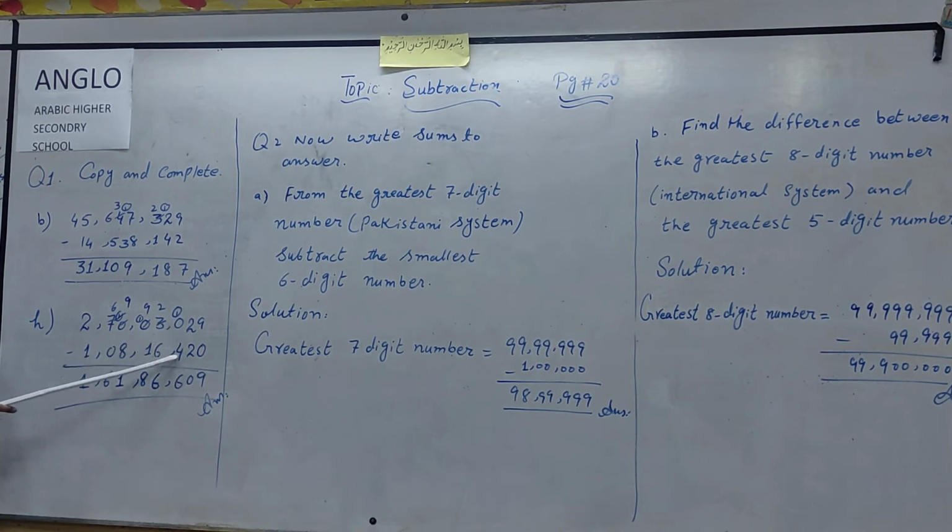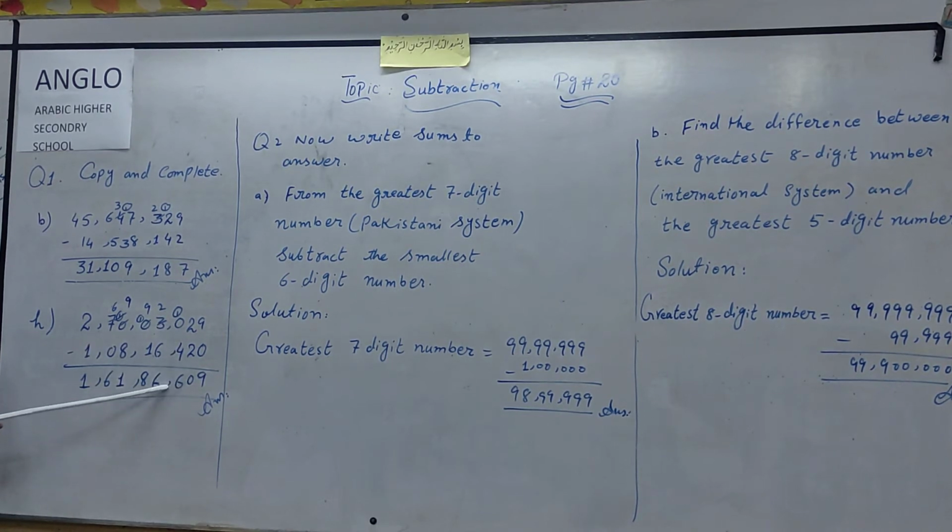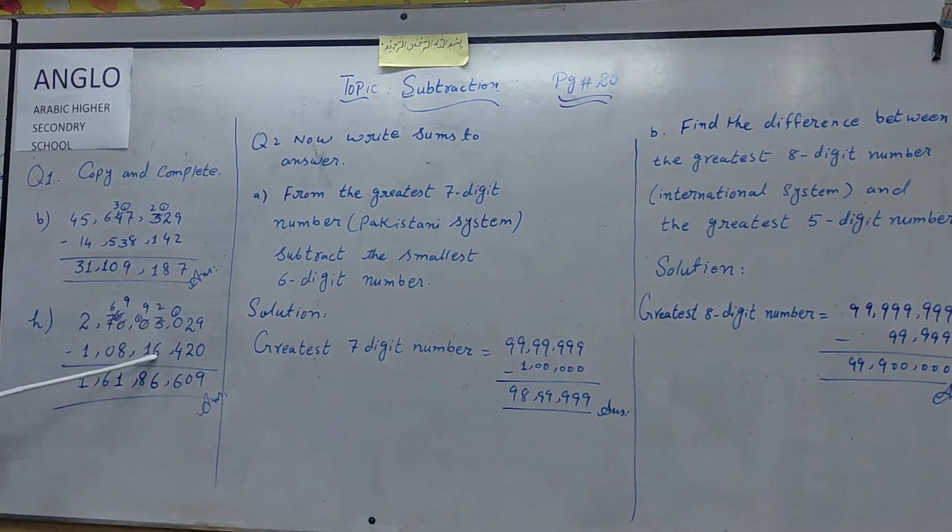And we have to subtract 4 from 0, which is not possible. So again we have to take a carry from the digit before 0, which is 3. Now 0 becomes 10 and 3 has become 2. Subtract 4 from 10. 10 minus 4, 6. Put comma, and now subtract 6 from 2. Subtracting 6 from 2 is also not possible. So we have to take a carry. It will become 12. 12 minus 6, answer is 6, and this 0 has become 9. So 9 minus 1, answer is 8.